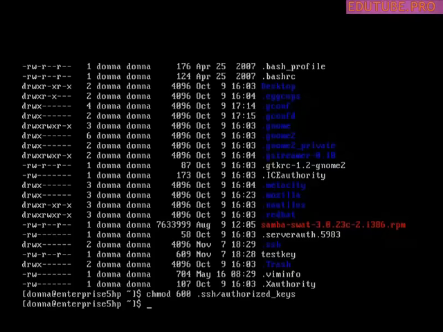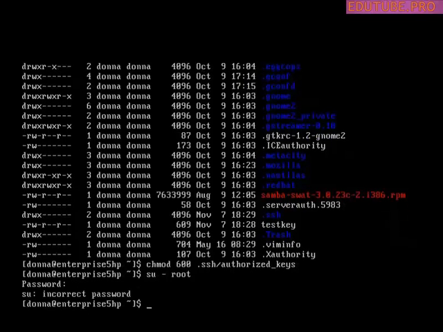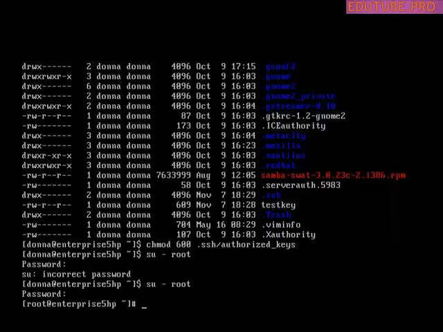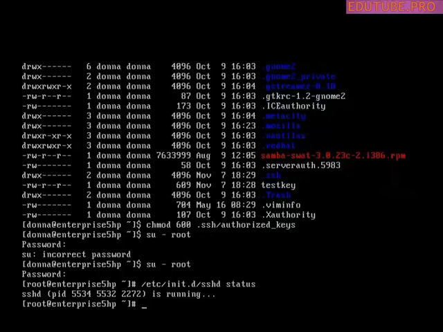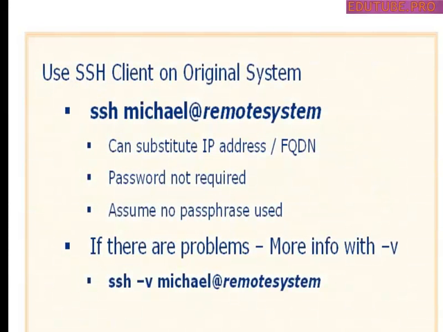Of course, I need to make sure that the secure shell server is actually started on that system. And that's running. Now I can go back to the original system